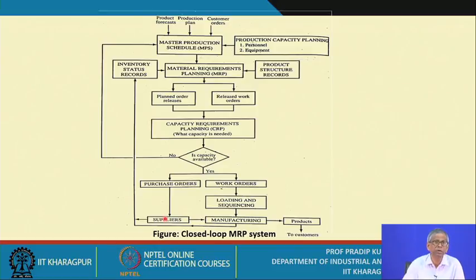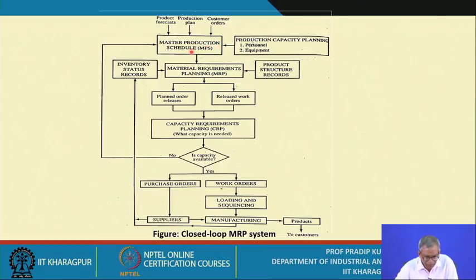So it is always better that you opt for a closed loop system, because all the components in the MRP systems are interrelated. So let me just, in the next two to three minutes, highlight the important aspects of the closed loop MRP systems. Like you have the master production schedule. The other inputs are product forecasts, production plan you must know, and the customer orders. This point we have already elaborated.